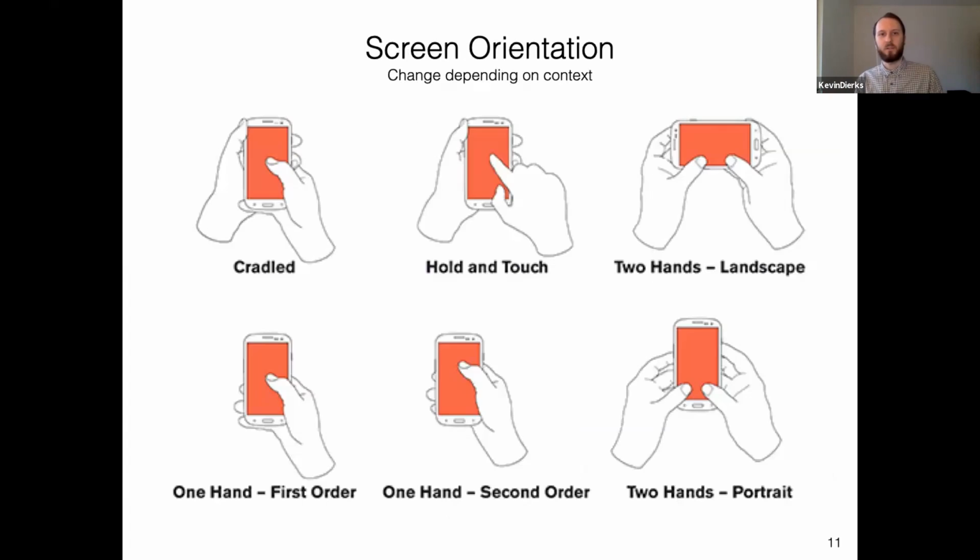Another thing that's different from desktop is obviously screen orientation. You may have heard of vertical video syndrome, so taking videos in portrait mode, when usually you're used to having them in landscape mode. This is how you can hold your phone, obviously. It changes the grip, it changes what finger you use: two-handed use, one-handed use, two fingers, one finger. So for games and videos, for example, you want to use landscape, whereas when you're browsing or reading, you want to use portrait.